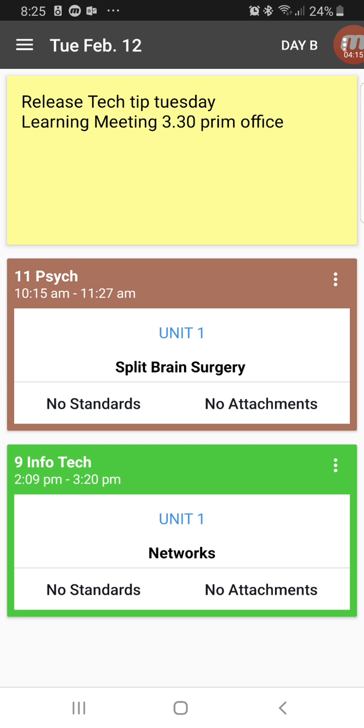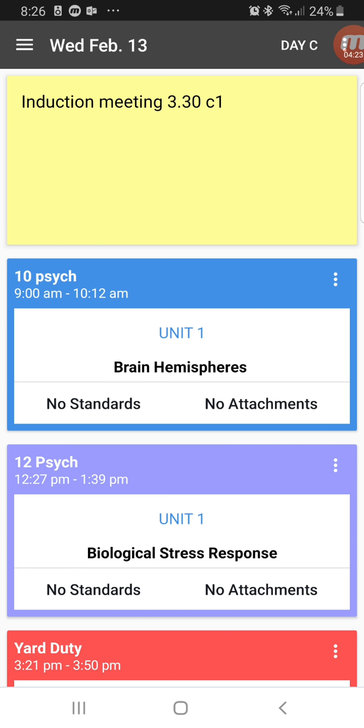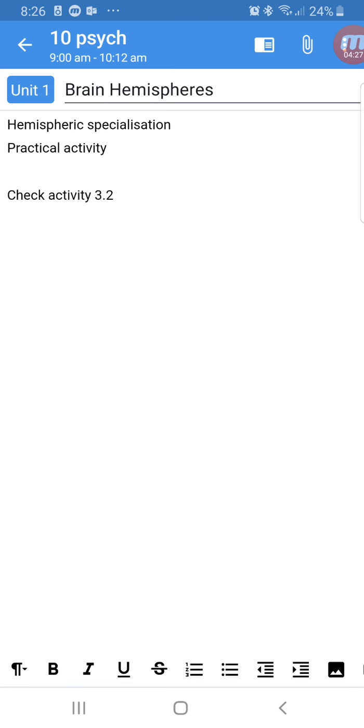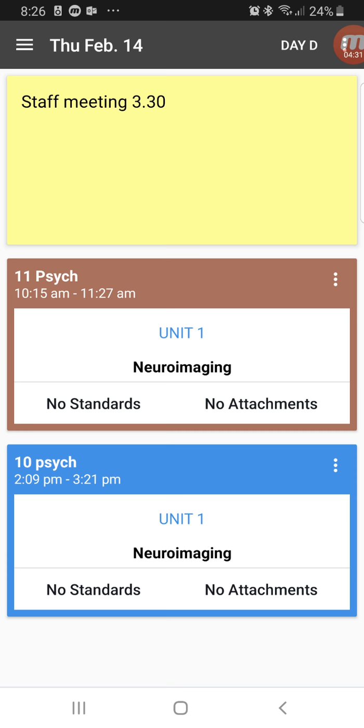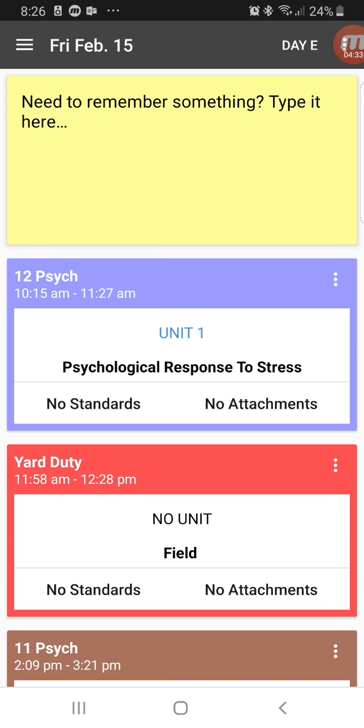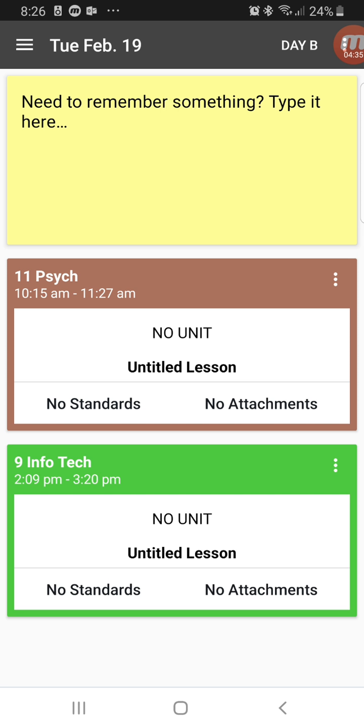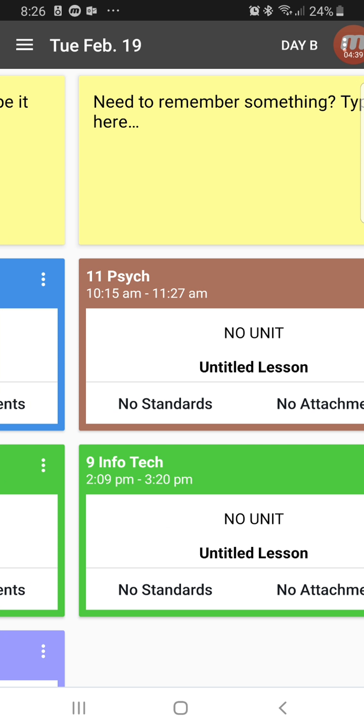The timetable is recurring, so I set that up once and it's going to repeat until I tell it not to, at which stage I can create a different timetable. But quite obviously you can just keep scrolling through your days. You have access to all the stuff that you intend to do. I'm putting down where my meetings are, and that will scroll on through to next week. Now, at this stage, I haven't put in my stuff for next week. I only downloaded the application yesterday,